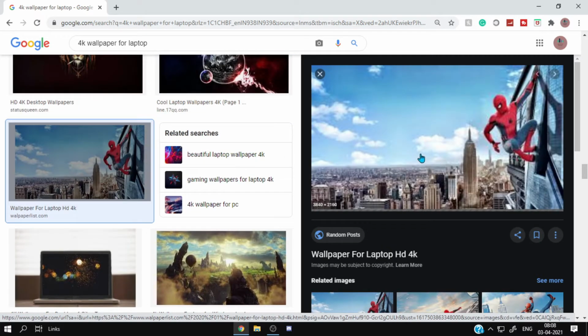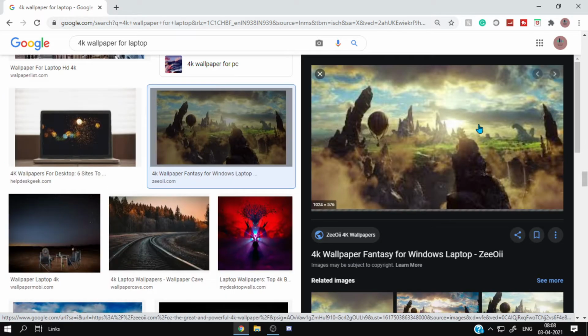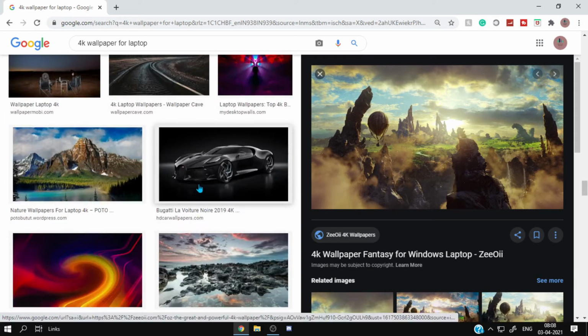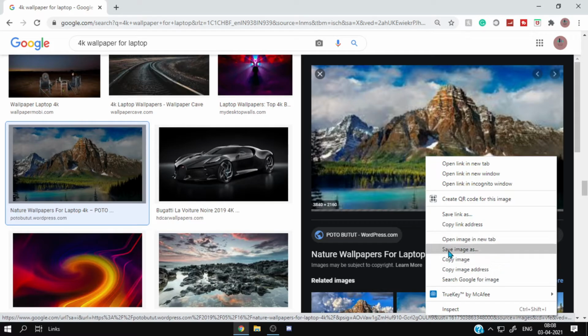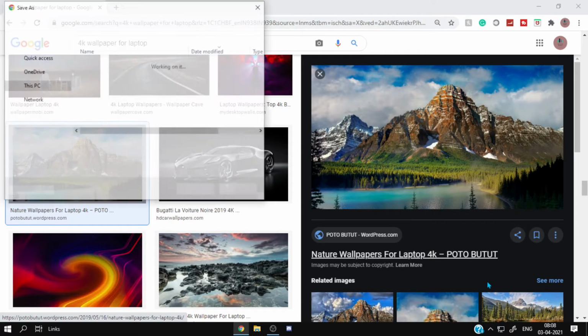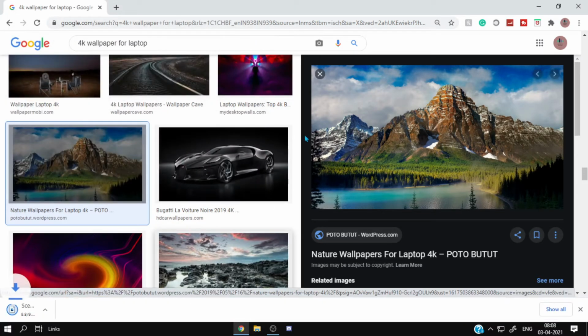And get a bigger size if you don't think that one will fit. So I will just take any of these. This is not HD at all because of its resolution, as you can see. So try and find a good one for you. I'll just take this one for now. So go there. I'm going to name it scenery wallpaper. And after you've done that,